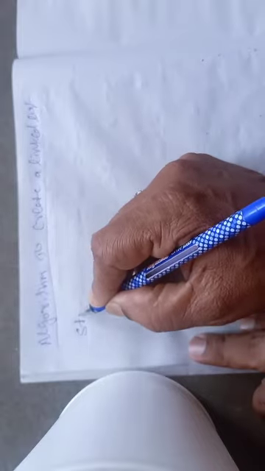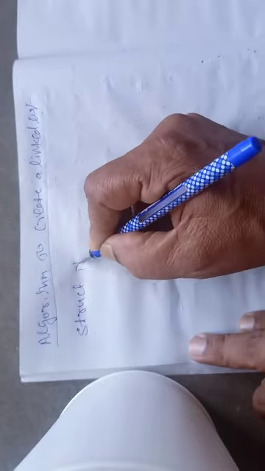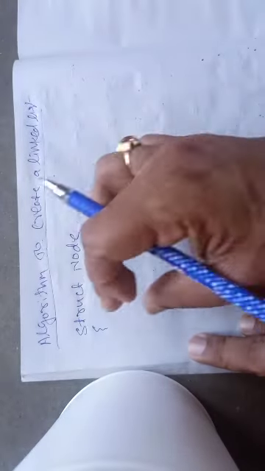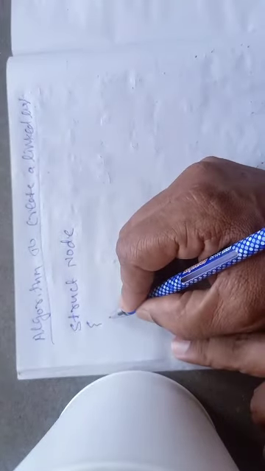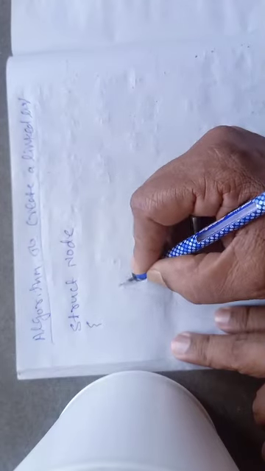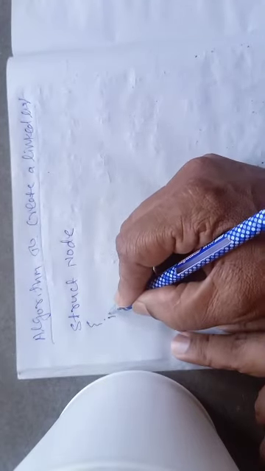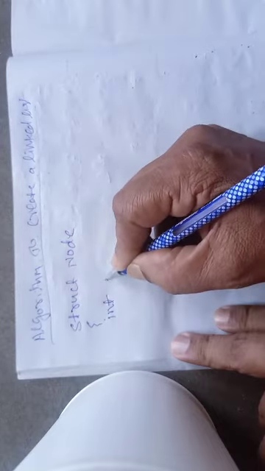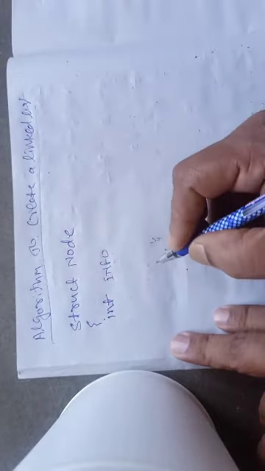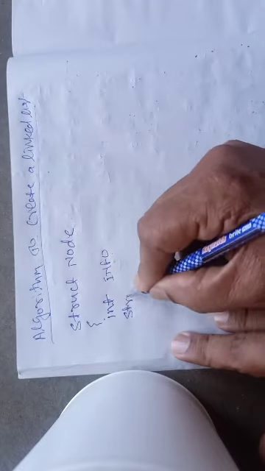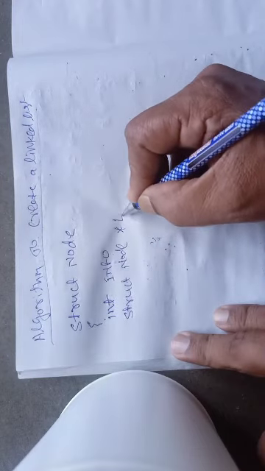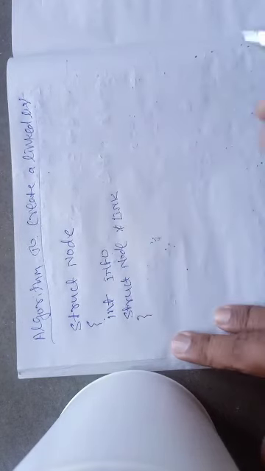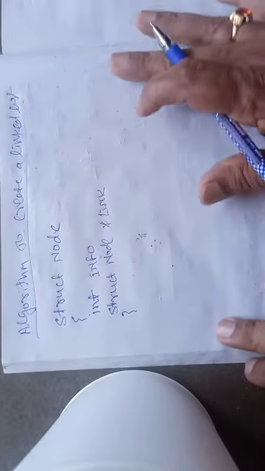So every time you want to create a linked list, you have to declare a structured data type, and let us call the structured data type struct node. And this structured data type must have two fields. One is info, the other one is link. So I have taken integer data type for the information part, and then struct node asterisk link. Okay, so this is the structure declaration that is required.